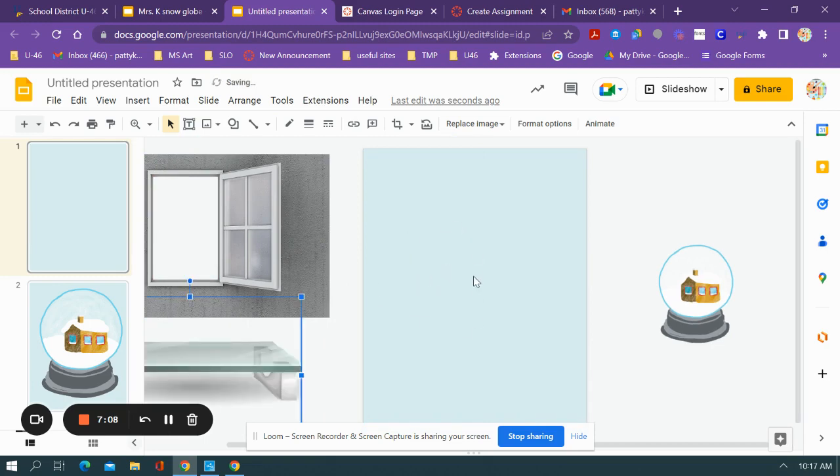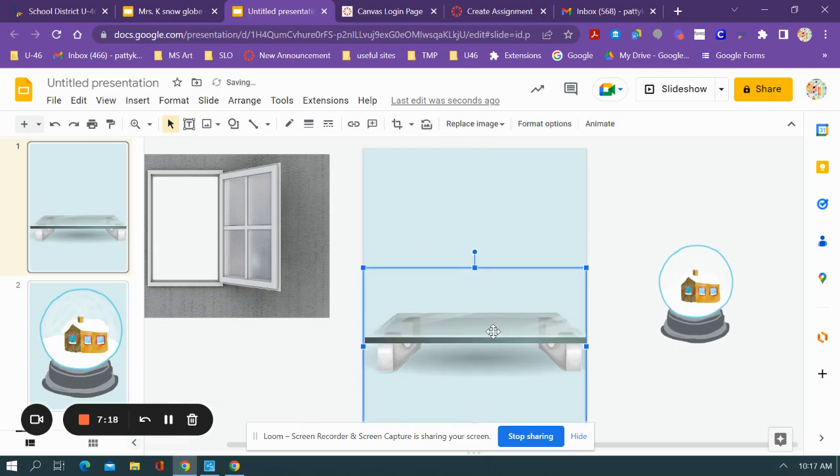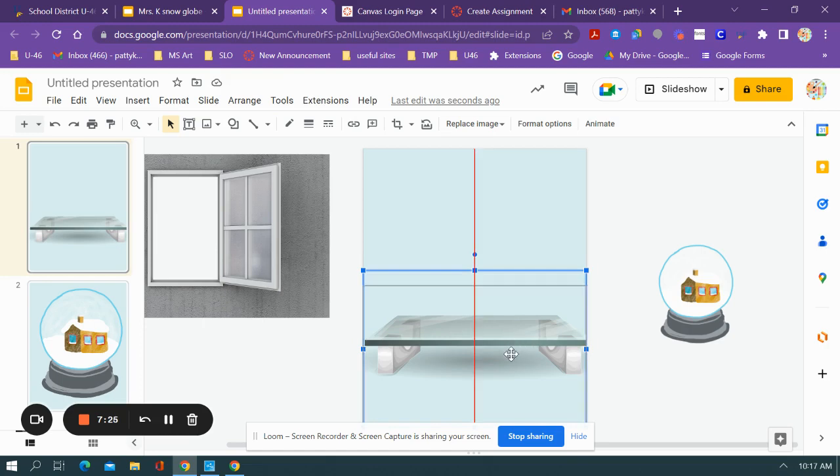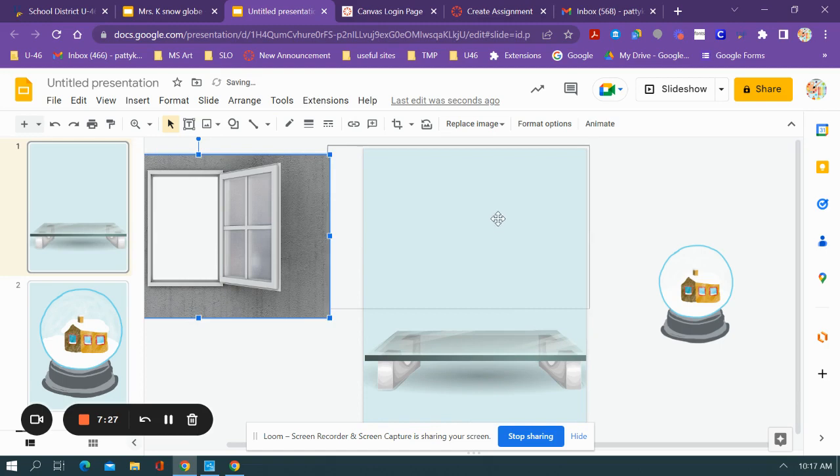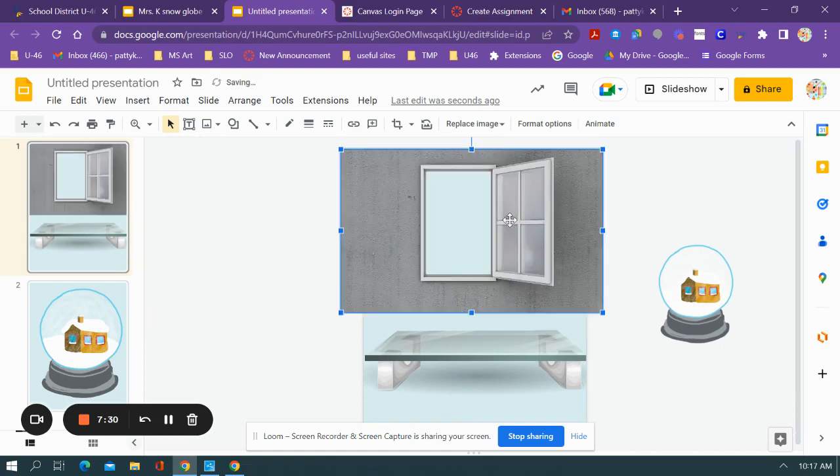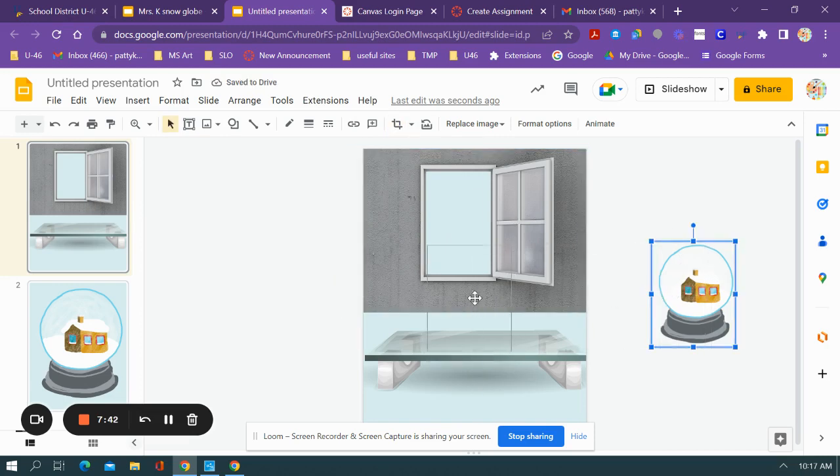I had picked a base color for the background that I put here, and then I searched up a table with a transparent background, so came up with this table, and then I looked up interior wall and came up with this guy here. So we can trim it by clicking on the cropping tool. Put this here. And so now that neatly fits on there,